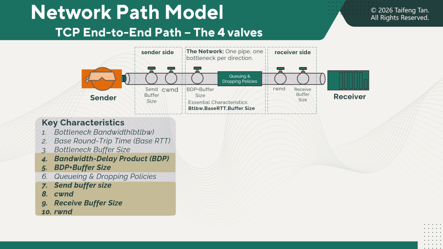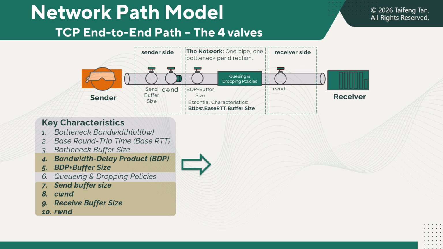But wait, one of these is redundant. The receiver doesn't directly expose its buffer size, it advertises available space via RWND. Since the sender must obey RWND, the receive buffer constraint is already covered. On the sender side, however, CWND and send buffer are different constraints. CWND limits what TCP allows to be sent. The send buffer limits what data is actually available. After removing the redundancy, we arrive at the simplified model.